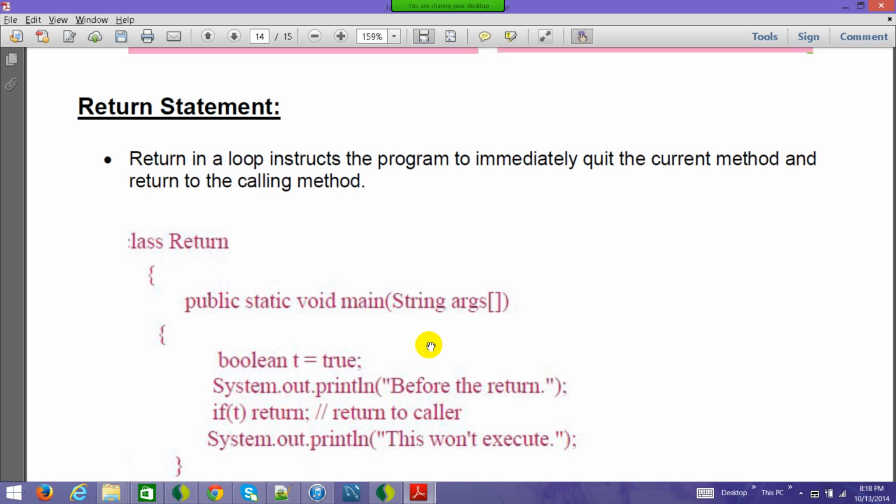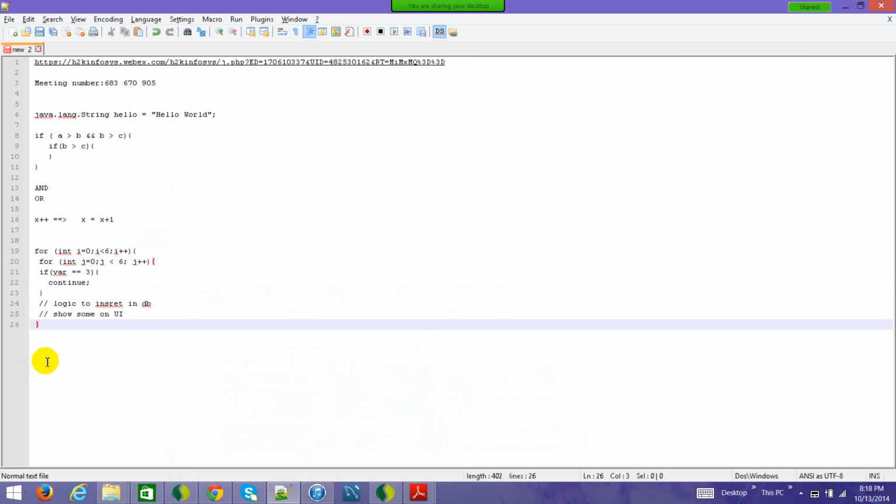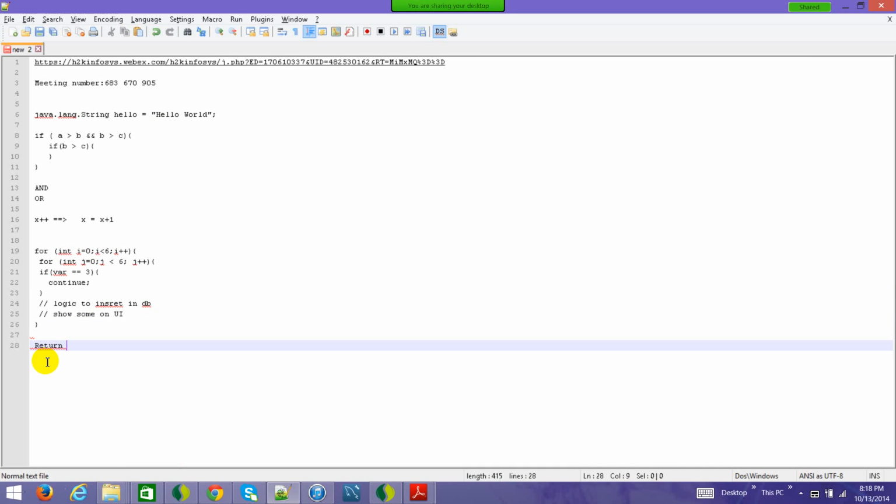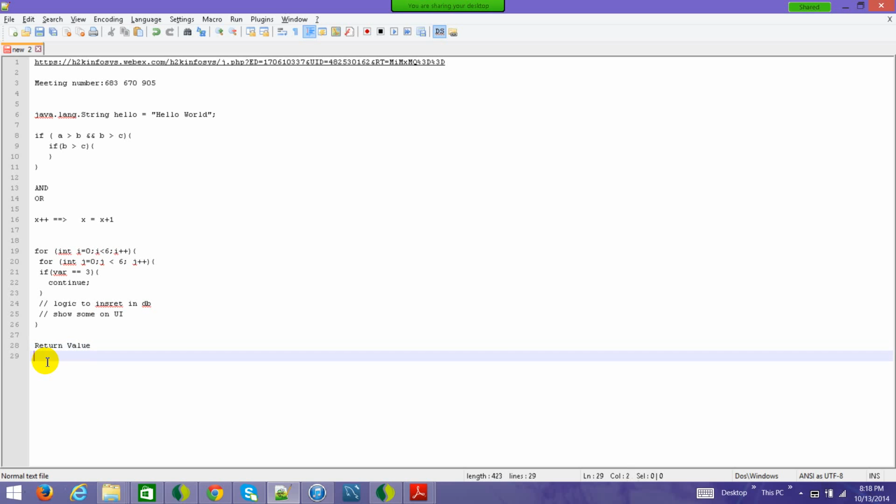And not only value. So there are two types of methods which you write in Java. Okay, so one method is where you return a value. Other is where you don't return any value. And if you don't return any value, you suggest